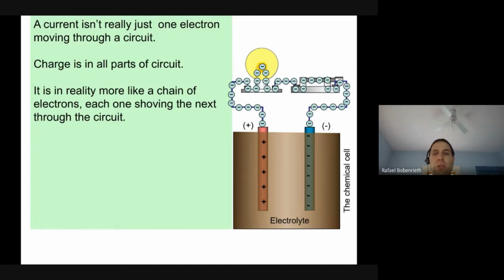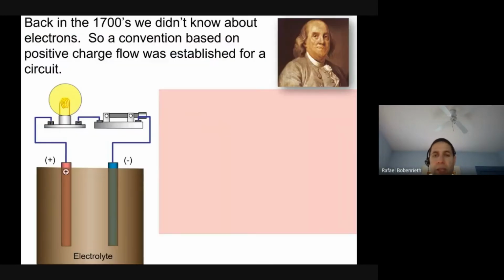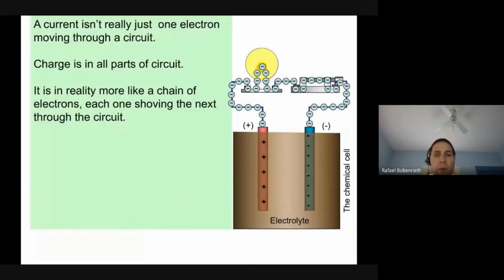If you're holding on to a hula hoop, the moment that someone starts moving that hula hoop, okay, everyone feels the hula hoop move, okay? So you can think of it as each electron giving a shove to the next electron through the circuit and causing a flow of charge that way,